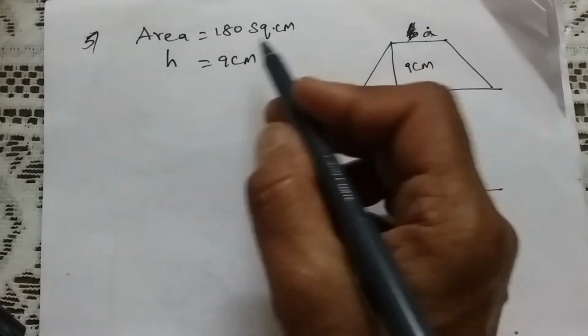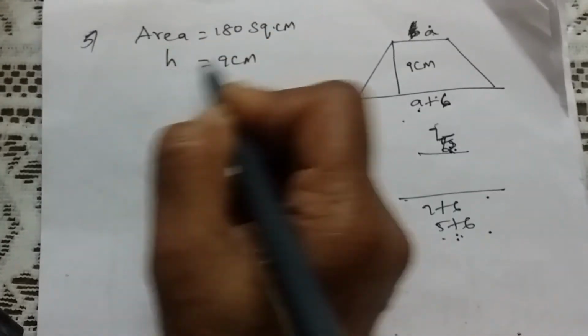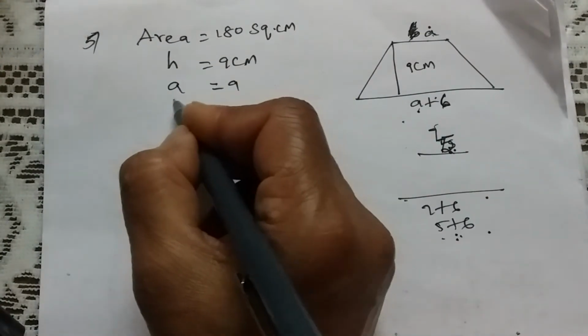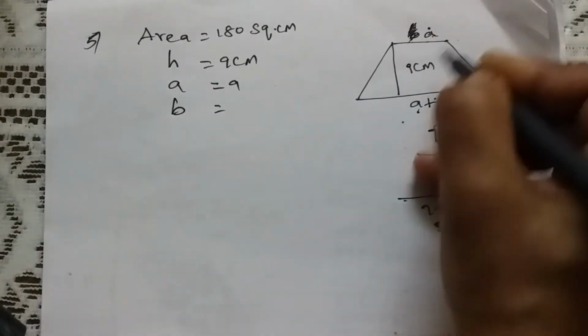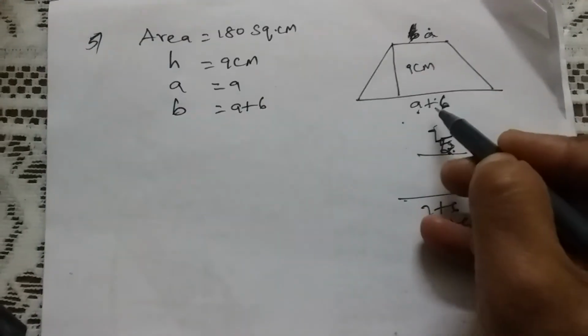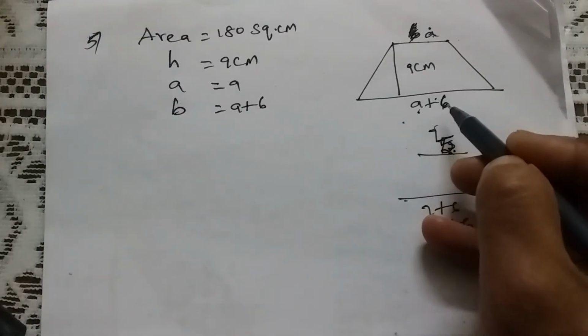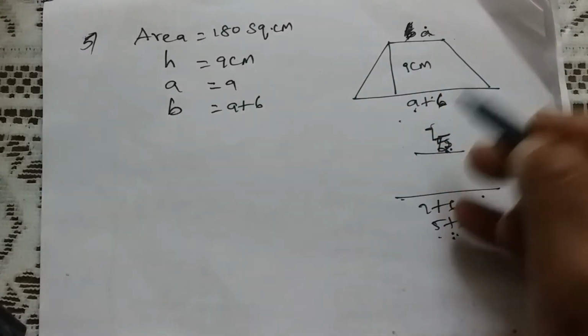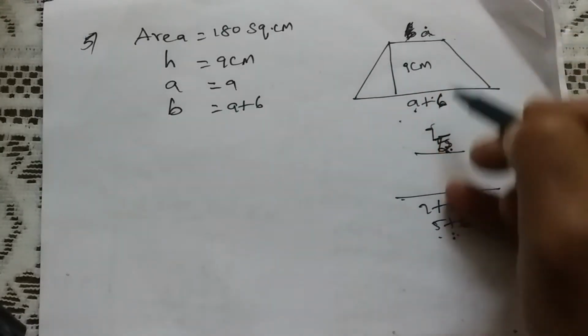So it is the same reverse problem. What is the area? And you are given A is A only. One parallel side is A. The other parallel side, this is the parallel side A, this is the parallel side B, that is A plus 6. Because this longer side is how much longer? 6 centimeter more than this. So more means longer, increase, so you have to add 6.